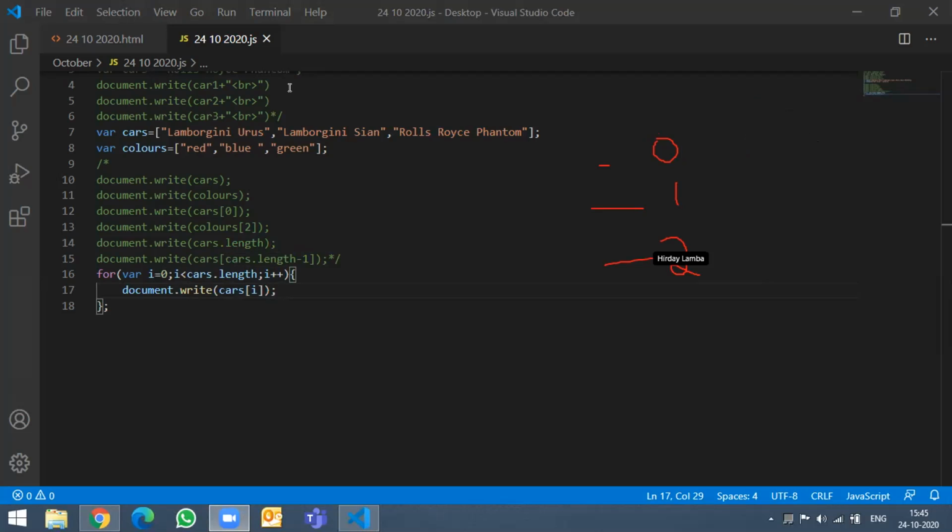We are writing too many statements. Instead of that, now we said we'll make use of a for loop. Using just these 2 lines, take for example, you had 30 values, you can print those values. You need not have document.write 30 times. I hope you guys are getting me.